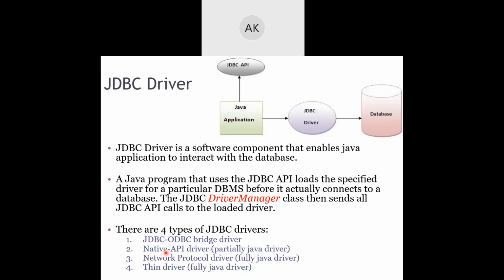was having connectivity suitable enough to work on one single system. What do I mean by one single system? The program which we write to make a connectivity to the database should be written on the same system on which the database server was installed. So as a client scenario, will a client machine have an Oracle server installed on his machine? No, it will not be possible, right? So what